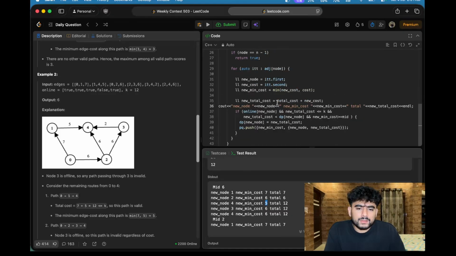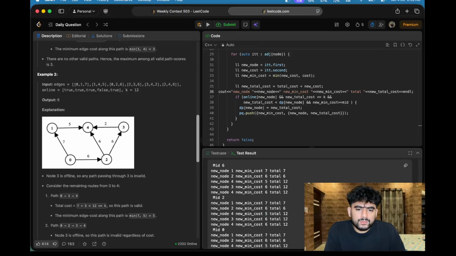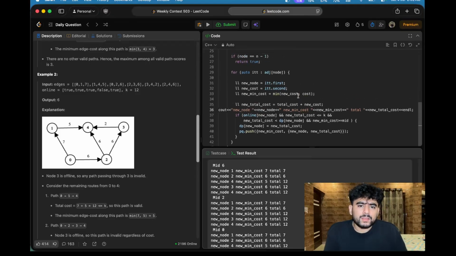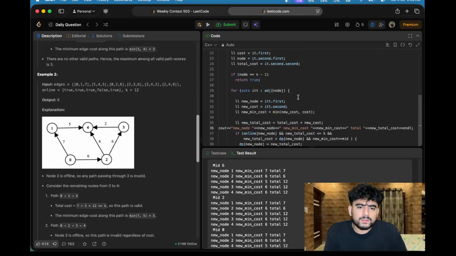So I think for 6 we are getting a true value because we reached